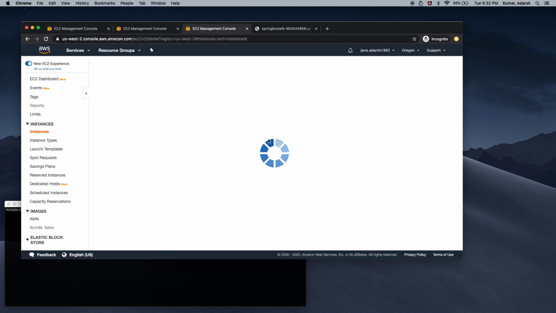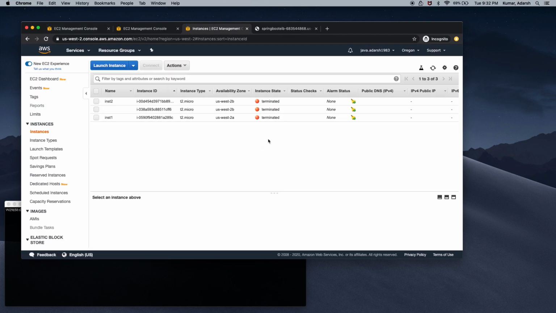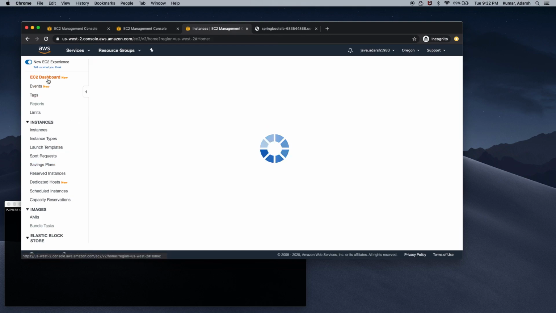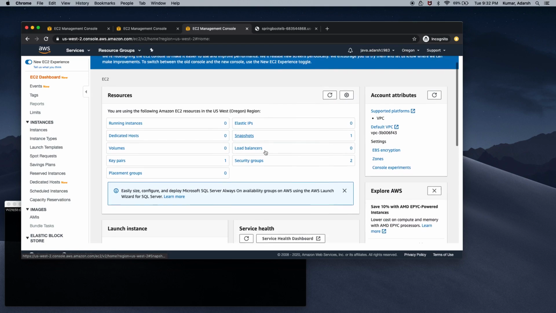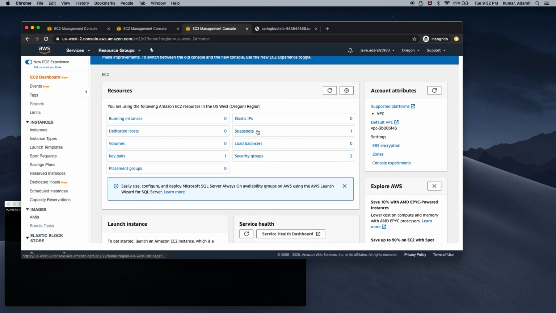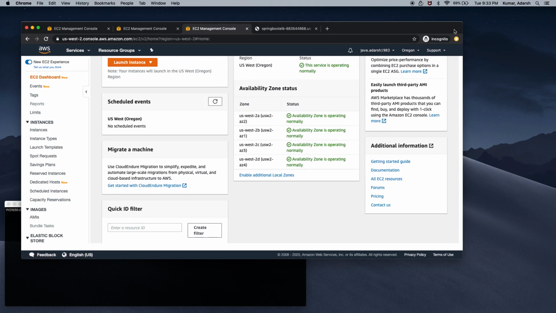Here you can see all the instances are terminated automatically. Everything is cleaned up. EC2 dashboard. We have a security group and snapshot already. We are having one. Everything is okay. So that's how we can